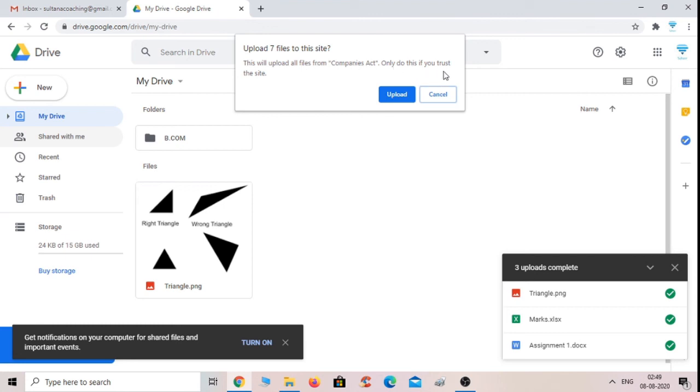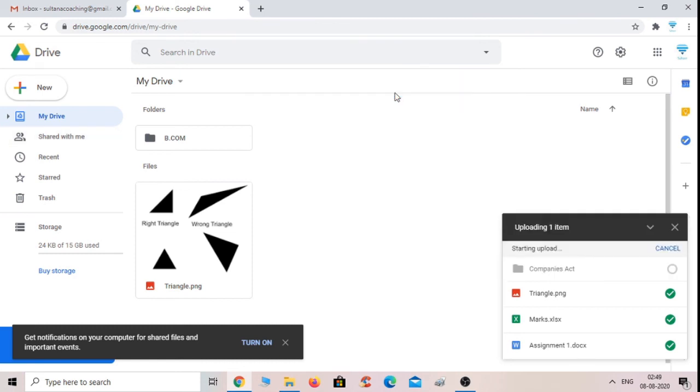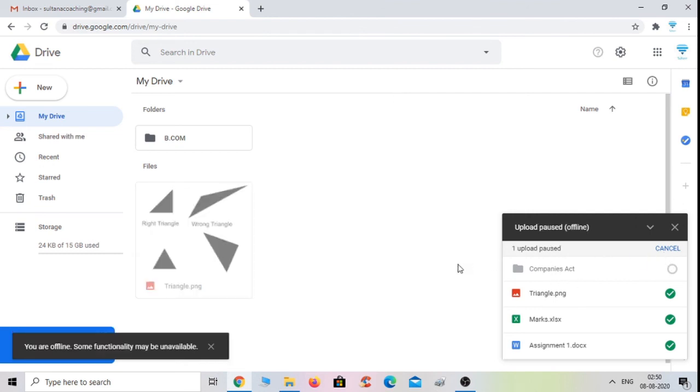Only do this if you trust the site. Okay, so I trust the site and then upload. So within a single click I can upload my folder. It takes time because it has 7 files.